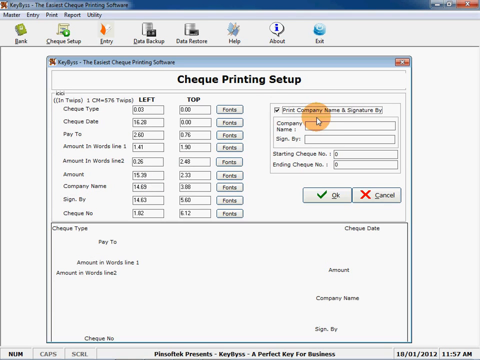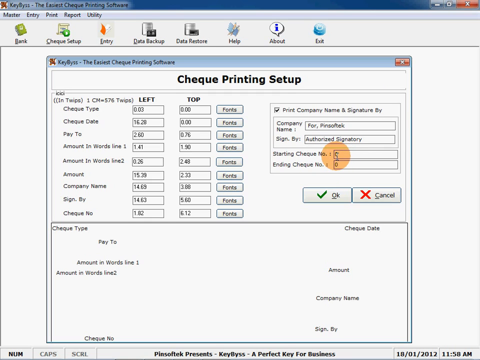If your bank has not given a stamp printed for company name and authorized signatory or proprietor or director or managing trustee, so if you are a trust, a company, a proprietorship company, a partnership company, a doctor, CA, manufacturer, any kind of company, you can utilize this software to manage your work very easily, and you will receive a corporate look, and you can avoid writing mistakes with this particular software.